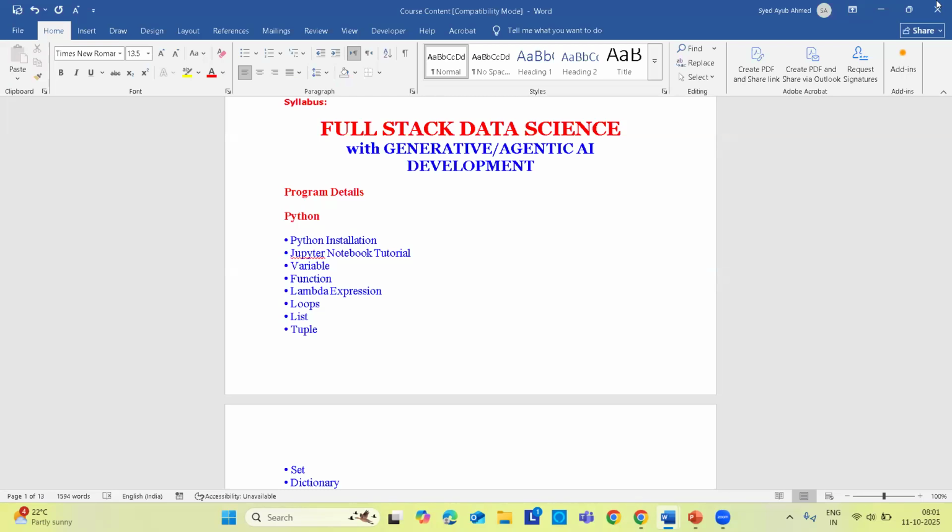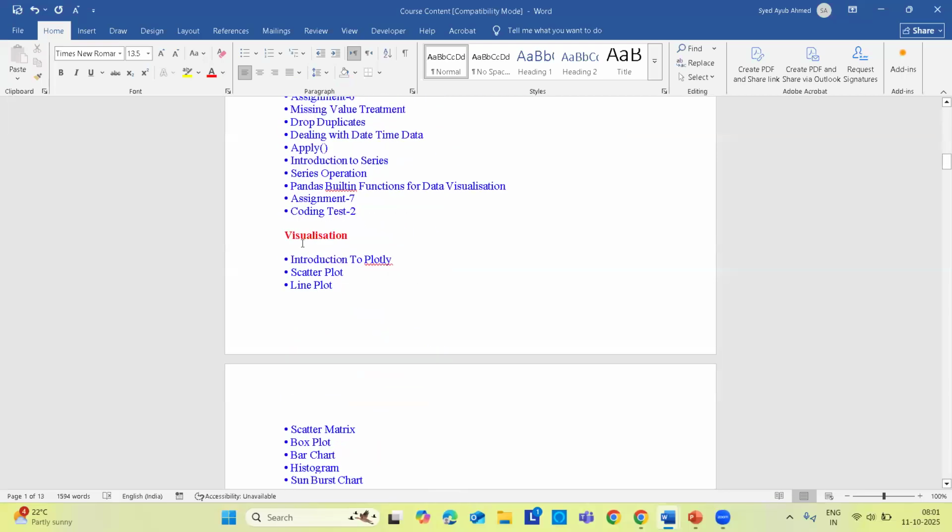Okay. So next one is data visualization. I'll introduce you to Plotly. Plotly is again one of the popular packages in Python, guys, a library, you can say. We'll see scatter plot, line plot,